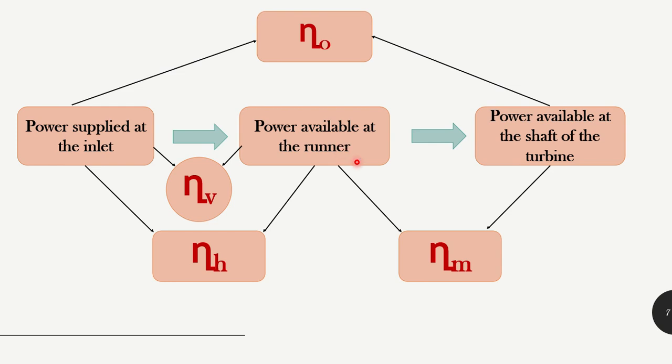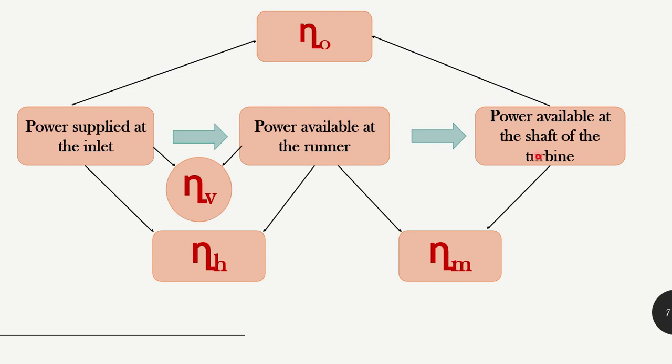So directly the mechanical energy is going into the generator through the shaft. So next is power available at the shaft. Again, the power available at the shaft will be less than the power available at the runner. Why? Again, due to energy conversion, some head will be lost, some energy will be lost. So this is the power available at the shaft. So totally 3 steps. This is water power, this is runner power, this is shaft power.